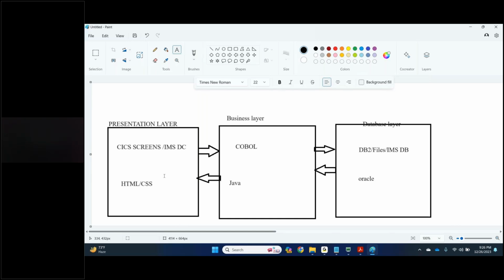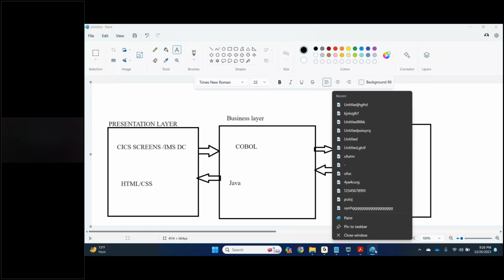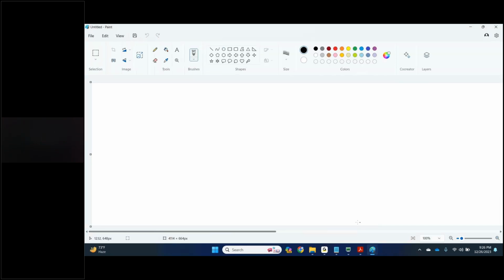Okay, team. So in case the front end is mainframe, this is the flow. But what happens in real time, as Preeti said, is not what I explained.